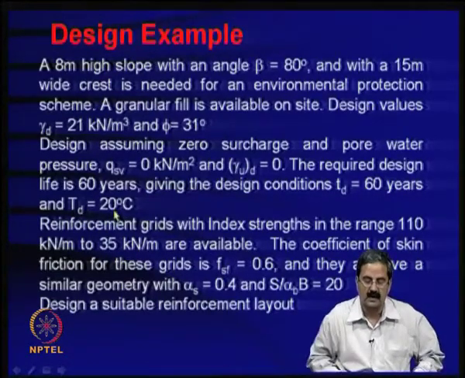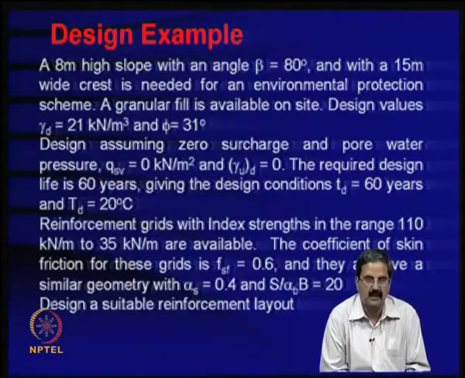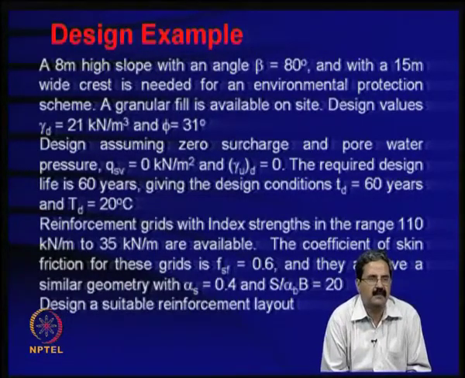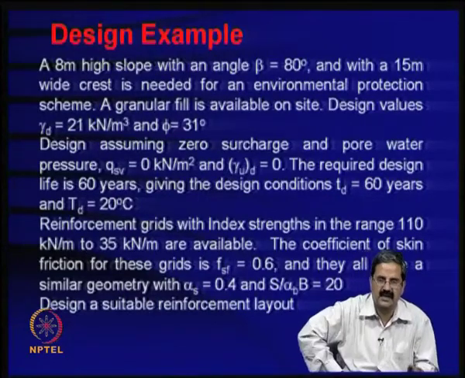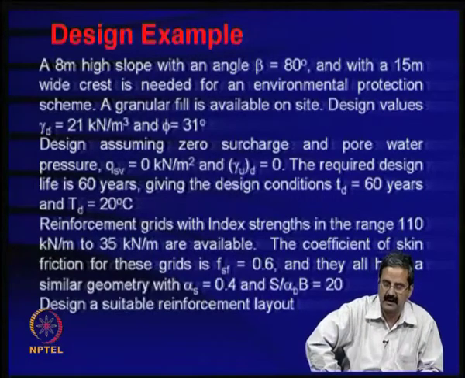These are all things that you get from a geosynthetic company, and reinforcement grids with index properties in the range of 110 to 135 are available. You have a number of companies nowadays in India and abroad where you get index strengths varying over quite a big range. If you are going for geosynthetic slope applications, there is so much range they will come and give you, even geocells can be there.